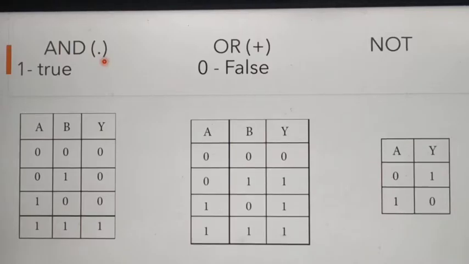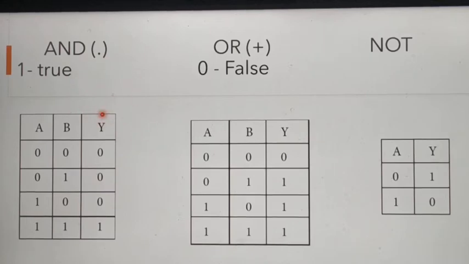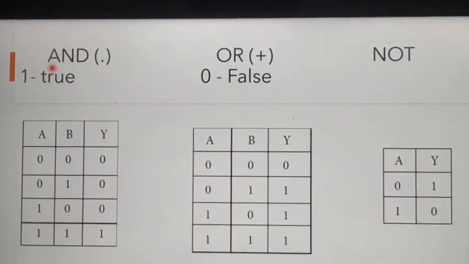Next we can see the basic input and output of the three different logic gates. In the next video we can see the detailed explanation. Here it is just an overview. First we can see the AND gate. Here 1 means true, 0 means false. First we can see the input and output of the AND gate. It is just like multiplication, so its operator is given as a dot. Here we have 2 inputs and 1 output variable.